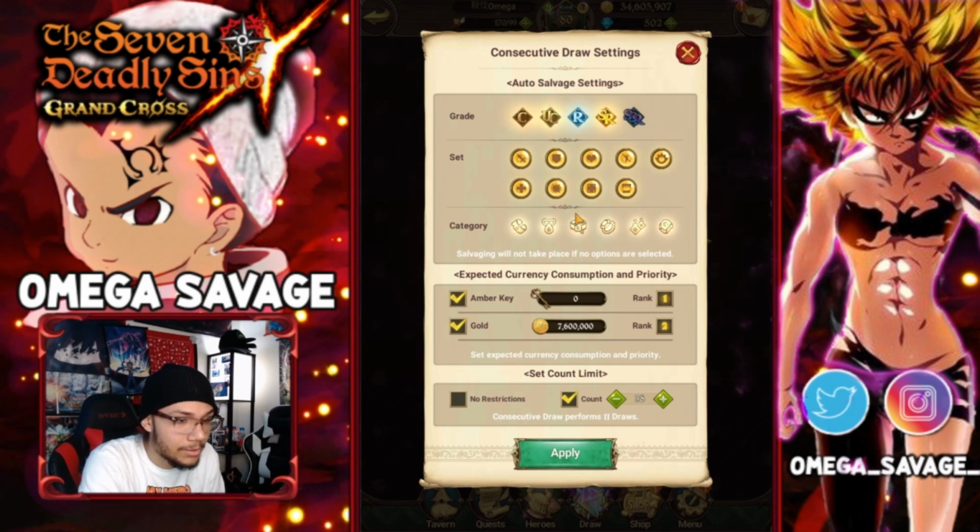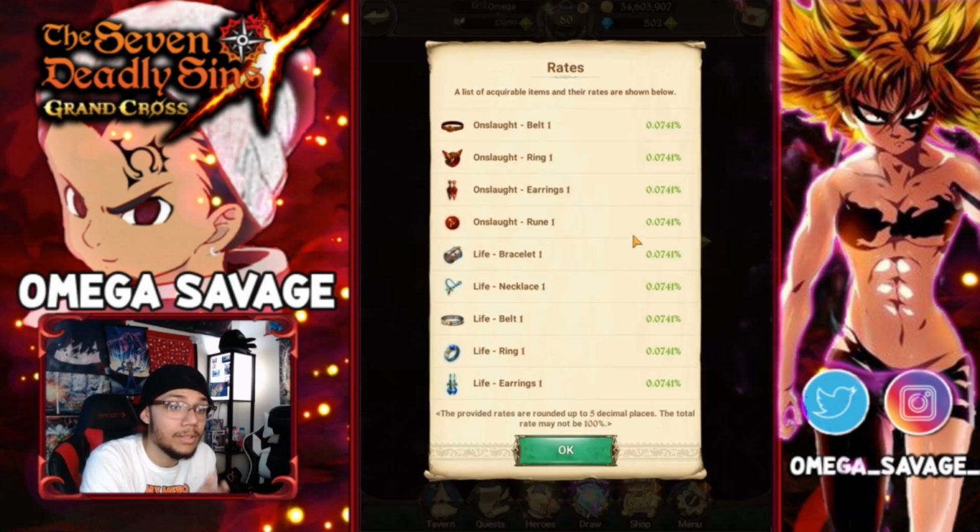But yeah, as you guys can see, I'm gonna do this right here. So I always put it on SR on down, select everything. Just to let you guys know that here, if you're looking for the crit chance or the crit damage orb,